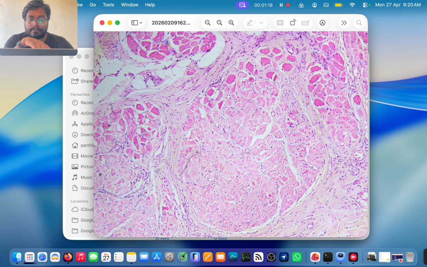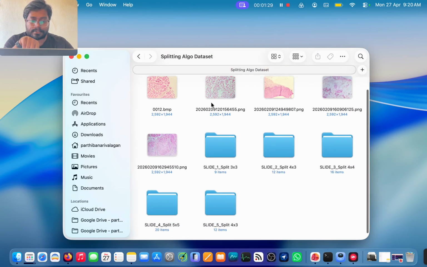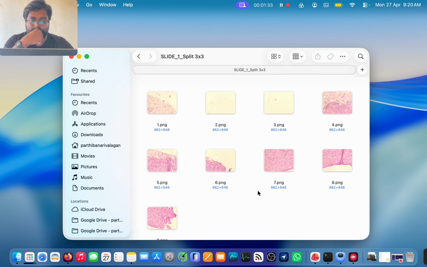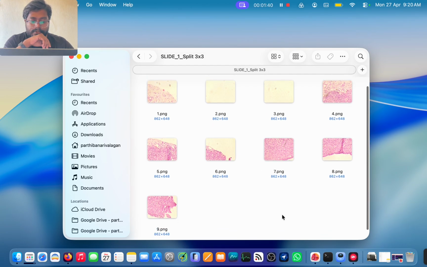So let's say this image has been split into a 3x3, let's say 4x4 pattern. So I have prepared all these 5 slides in these 5 different folders. If you go and see inside, you can see the entire images have been split like this. So what I will do now, I'll just,